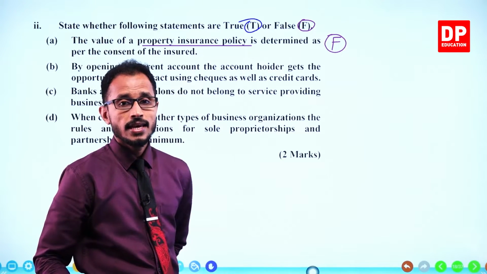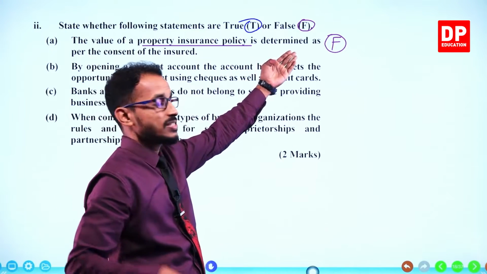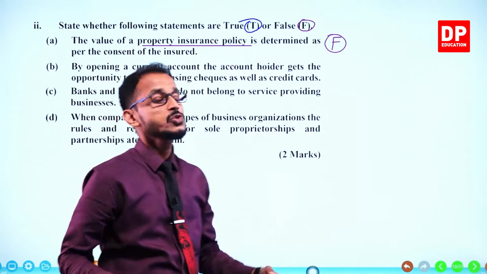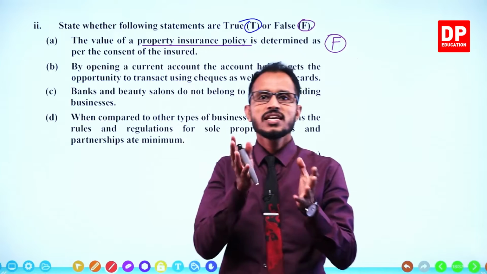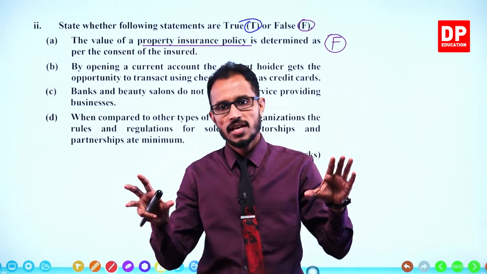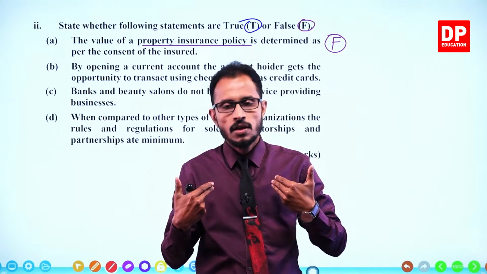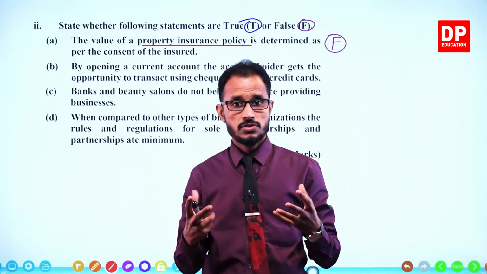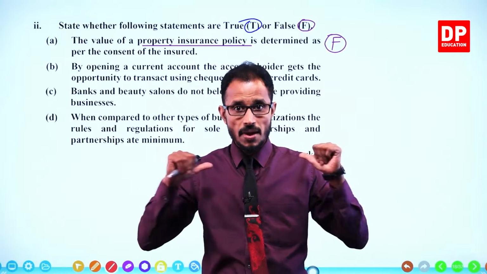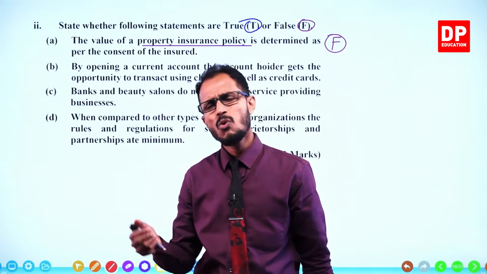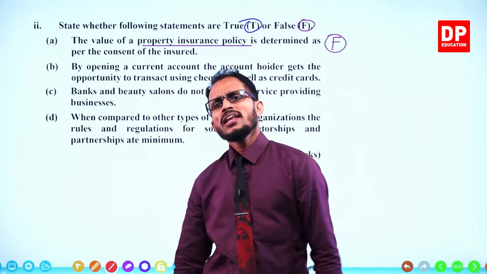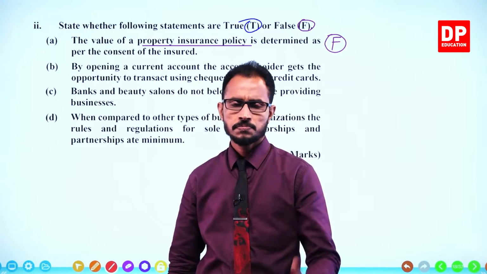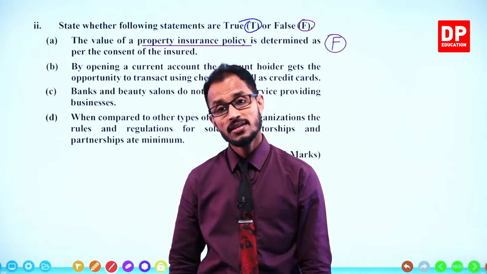They say it's determined or decided by the insured, the person who is insuring his property. Like if I'm insuring my car, the value of insurance should be decided by me. No, it's false. The value of the insurance policy of a property is determined